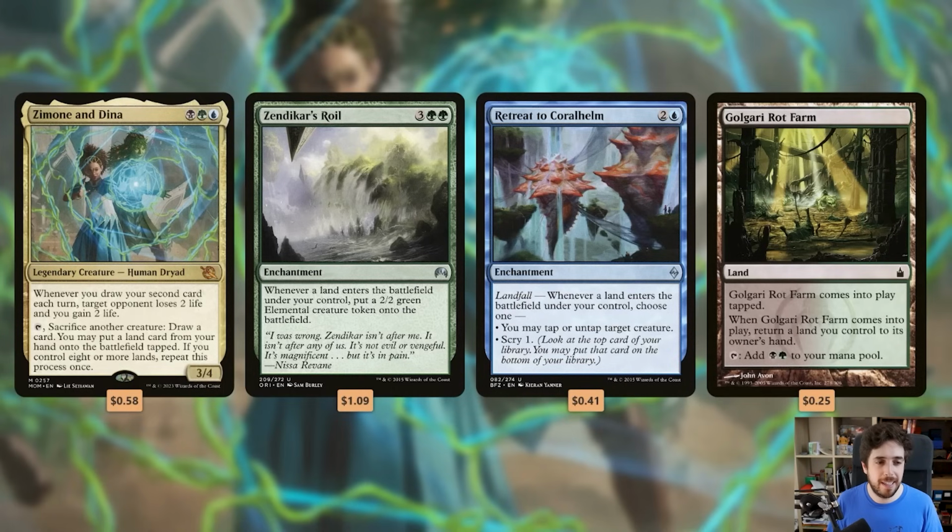The way it works is we sacrifice a creature to Zimone and Dina. We play the bounce land as the land we put in with Zimone and Dina's ability. That will trigger Zendikar's Resurgence to make another creature token for us. And it will also trigger Retreat to Coralhelm, which we can use to untap Zimone and Dina. And then we could just do that again. We return the bounce land to its hand. So like we play the Golgari Rot Farm, and then we have to bounce the land back to our hand. We bounce the Golgari Rot Farm back to our hand, and then we just do this over and over again for infinite